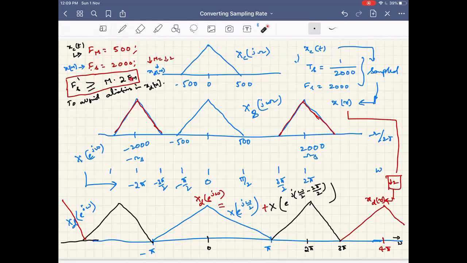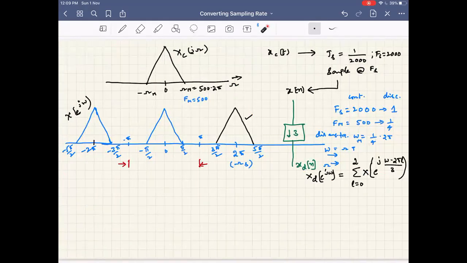Okay, so this indicates clearly that we should do something more to enable us to avoid aliasing and reconstruct back the signal even with partial details when the downsampling rate is higher. Let us, for further discussion, consider the case when the downsampling rate is 3. So take the same example where you have Xc of j omega with omega m being 2 pi into 500, that is, fm being 500 Hz, and the signal xc of t is being sampled with fs